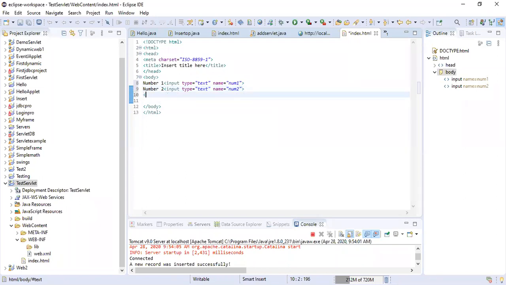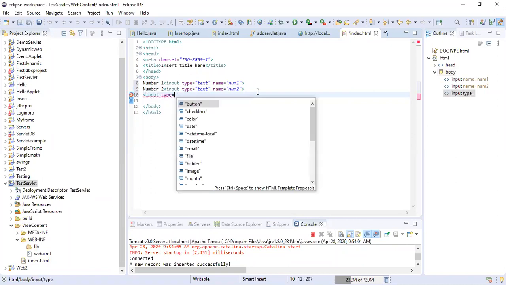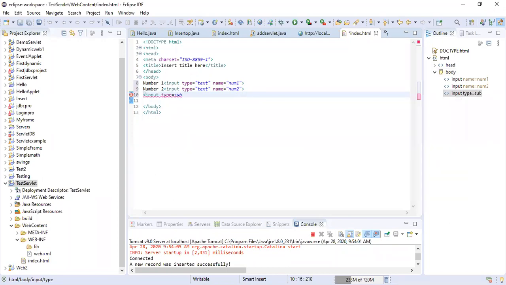And I'll take one submit button. So input type is equal to submit, and I can have the name is equal to submit, or the name can be anything.